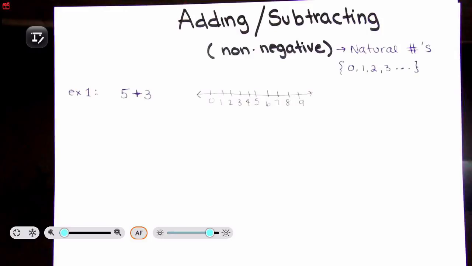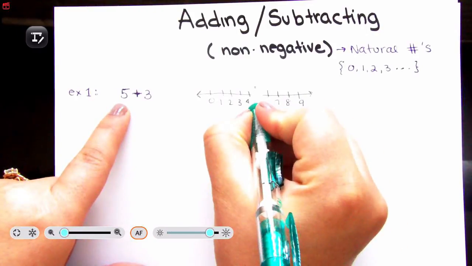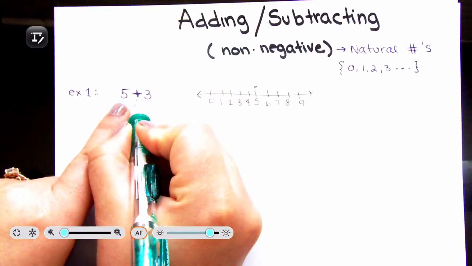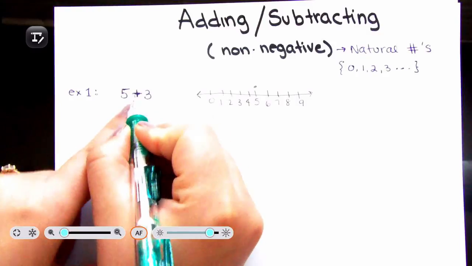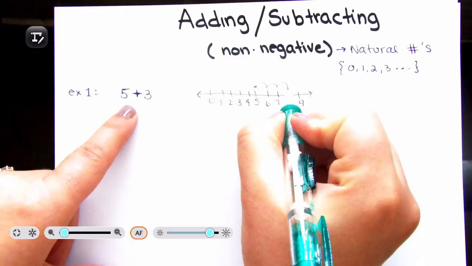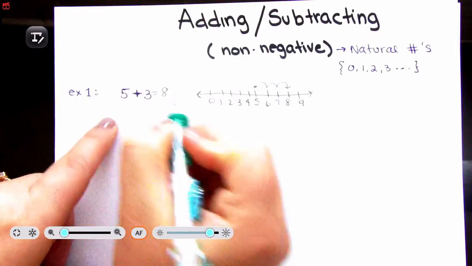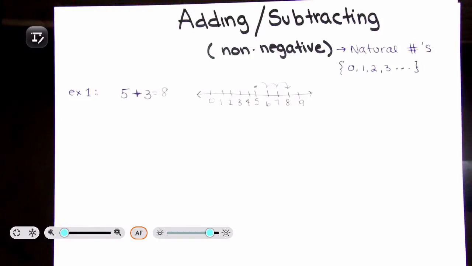And you can keep going if you need to. And so one of the ways that you are taught to add is to go to the first number, which is 5. So here it is. Here's 5. And then you're adding 3 more. So I am increasing by 3. So 1, 2, 3. Where am I? I am at 8. So that is one way that you could have been taught adding